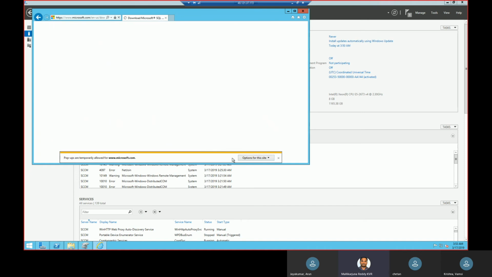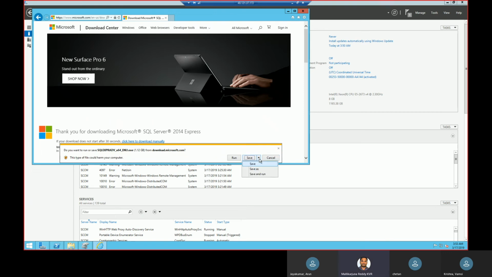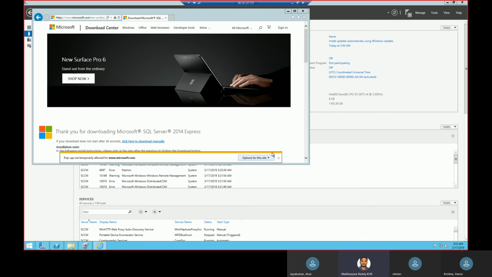Allow the pop-up once. Save as, I'm going to save it in the E drive, installation files. Okay, now next, let's download